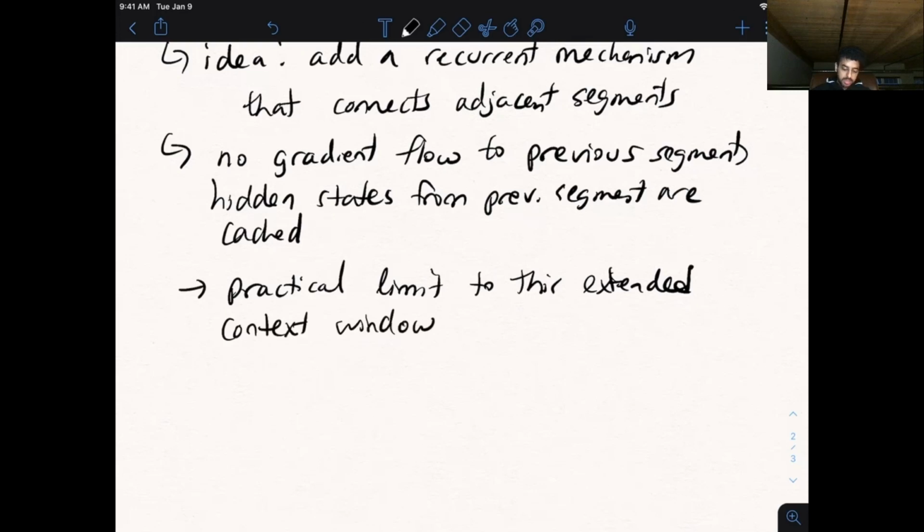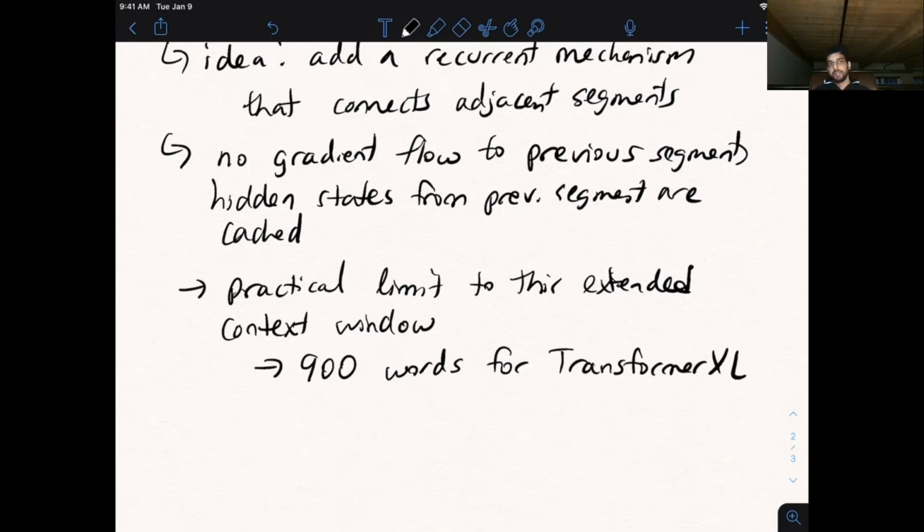And the effective context window here in the TransformerXL scales linearly with the number of layers in the model, so you need to make it deeper to make it effectively attend over longer sequences. In the TransformerXL paper, they say that the effective context size is 900 words. So, BERT is 512 words, TransformerXL is 900 words. It's almost doubled, but